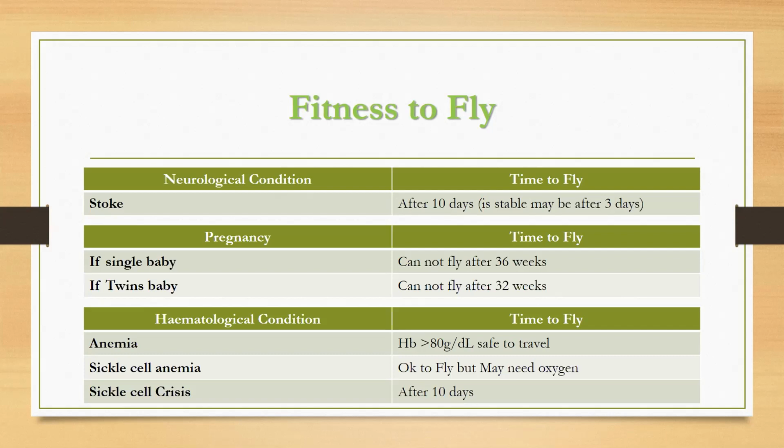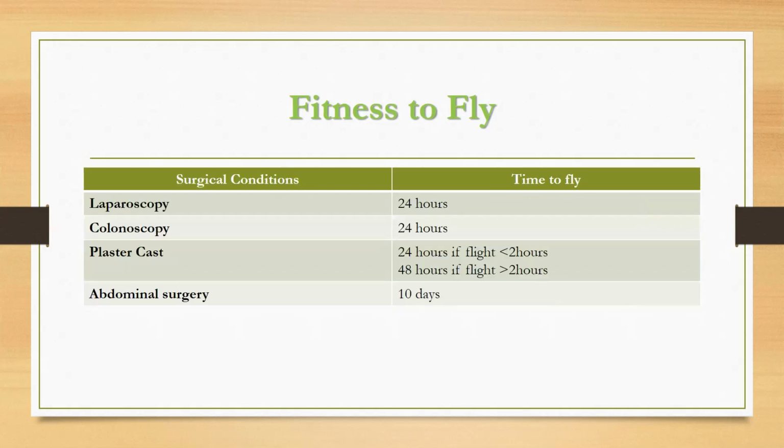For the hematological conditions, if the patient is anemic, his hemoglobin should be above 80 to be safe to travel. If the patient has sickle cell anemia, he can travel, but he may need oxygen, like COPD cases. If the patient has a sickle cell crisis or attack, he should not fly for at least 10 days. And lastly, for the surgical conditions, if the patient has laparoscopy or colonoscopy, he can